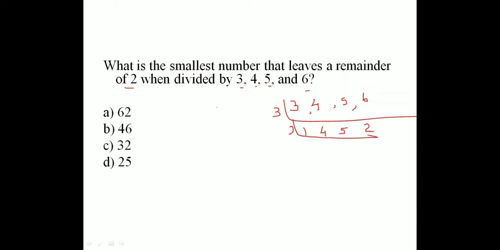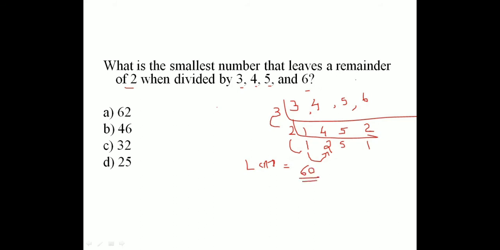Okay, we can calculate the LCM like this. So LCM is equal to 3 into 2 into 1 into 2 into 5 into 1. 3 into 2, 6. 6 into 1, 6 into 2, 12. 12 into 5, 60. So LCM is 60.